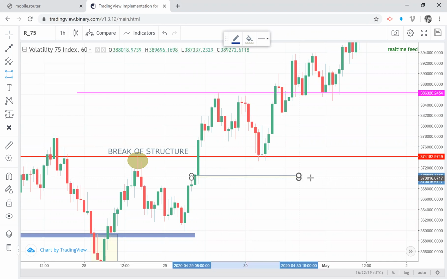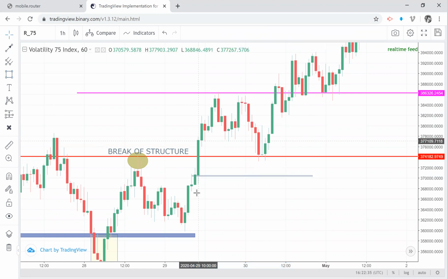So your stop loss is very, very small right off here. The candle that breaks above the structure is where your stop loss is going to be. You're not using a mitigation candle right here. So now if your stop loss is underneath there, what is your